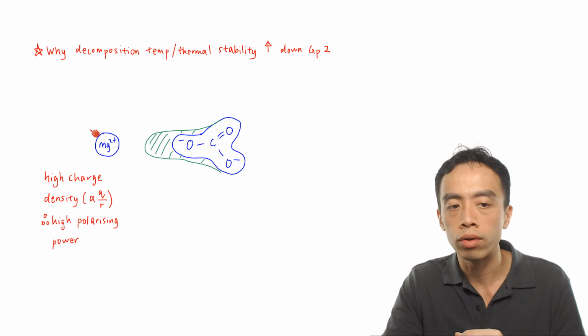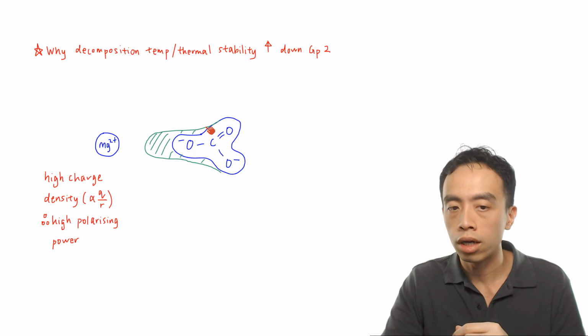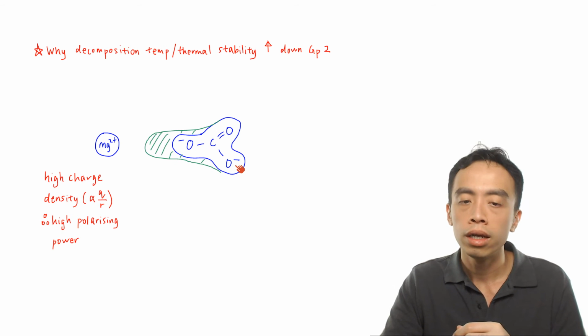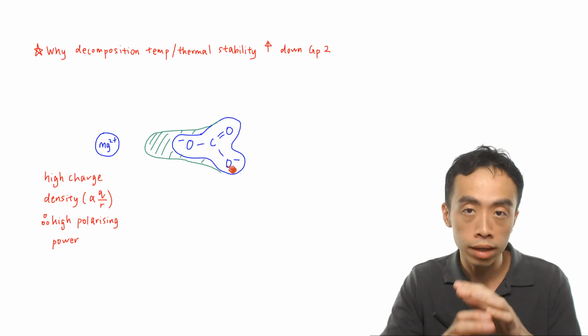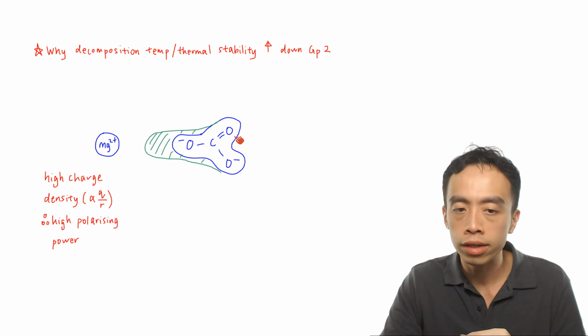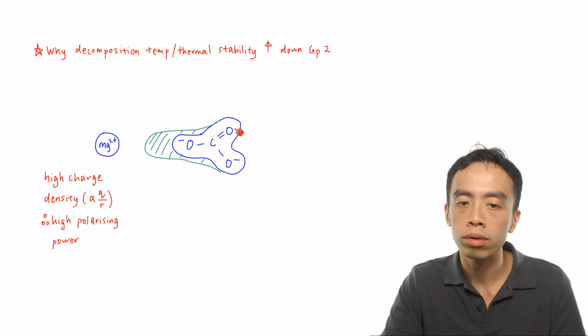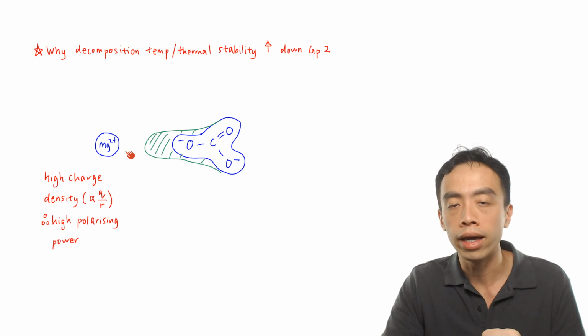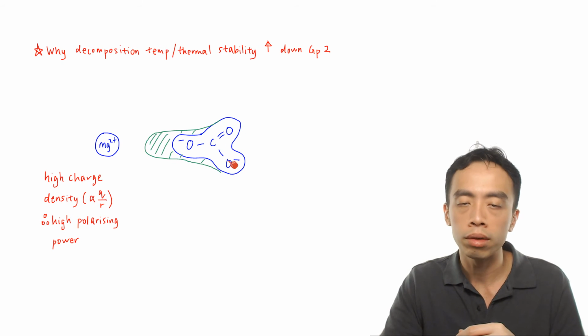Now, what happens when you have this Mg2+? This Mg2+ is trying to steal electrons from the carbonate. So if the electron cloud is being distorted and pulled away from the carbonate, then you have less electron density to interact within these atoms inside this anion. So the bonds within this anion will start to weaken, because the electron density that is supposed to be used by all these atoms within this anion is now being taken away by Mg2+. I have less electron density for all these atoms to interact within themselves. The bonds within this anion would weaken.